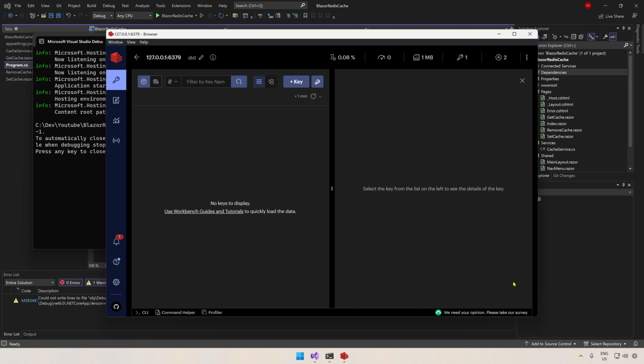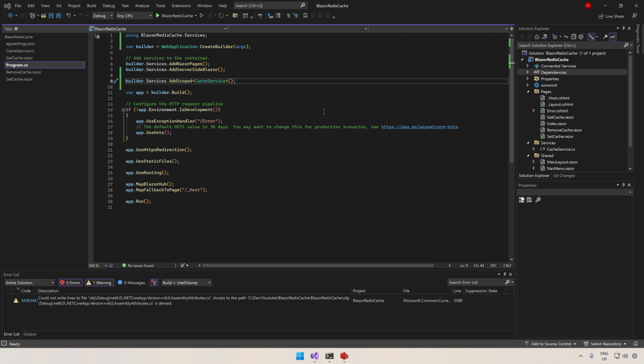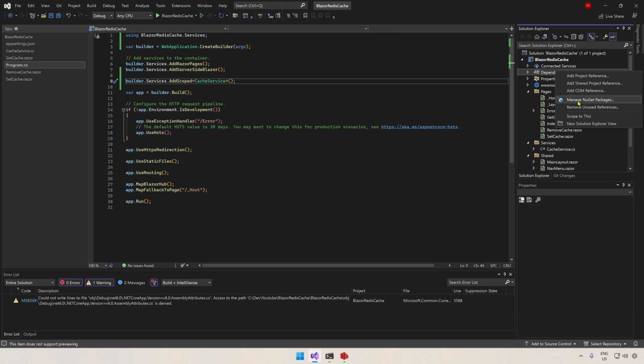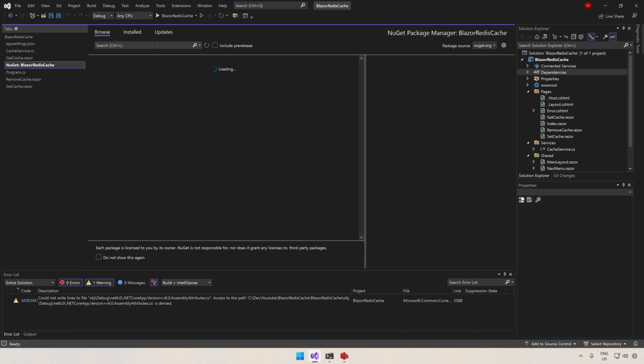Okay, so now we've got nothing in our Redis cache. So we can close this down. We want to look at injecting in the Redis cache configuration. To do this, we've got to add a NuGet package to start with. So if we right click on our dependencies, go to manage NuGet packages, and the NuGet package we want starts with